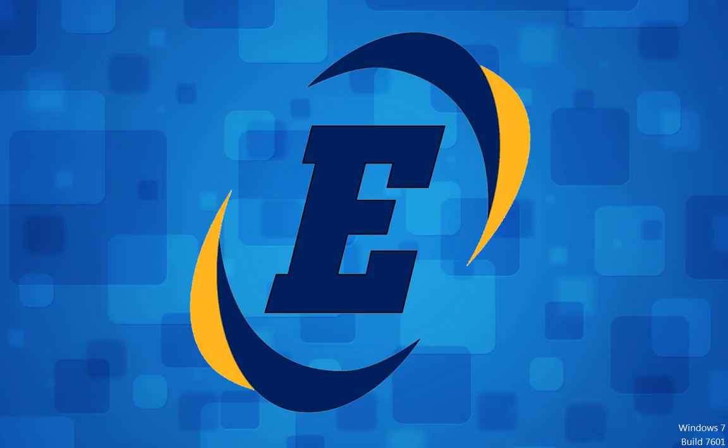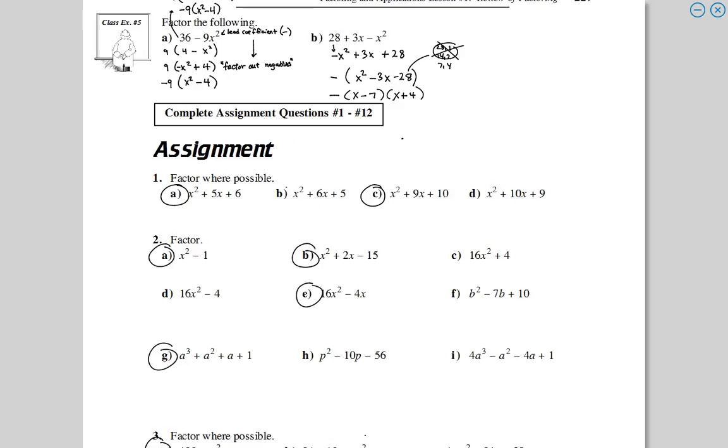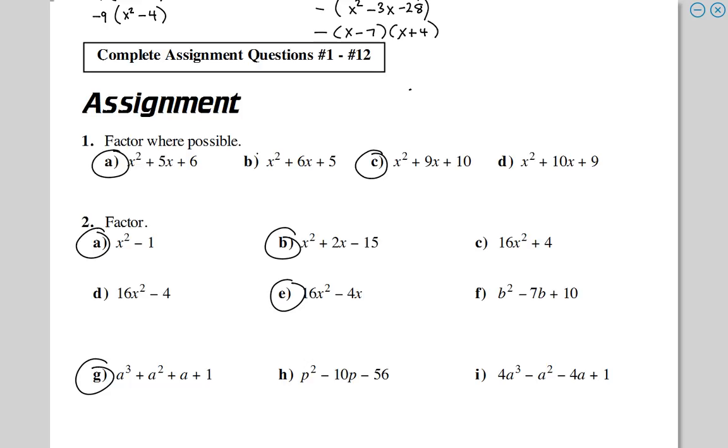All right, today we're going to do a review class, so please flip to lesson 1, assignment. So it's on page 227. And lesson 1 on page 227 started off with factoring just very basic equations. Okay, so in number 1,